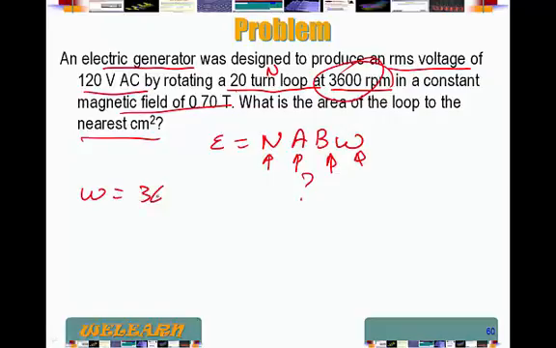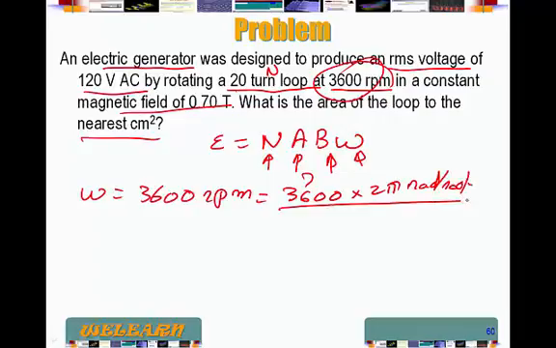Omega, 3600 rotations per minute. So that's going to be 3600 times 2 pi radians per rotation over 60 seconds per minute. That should give us our omega, which is 377